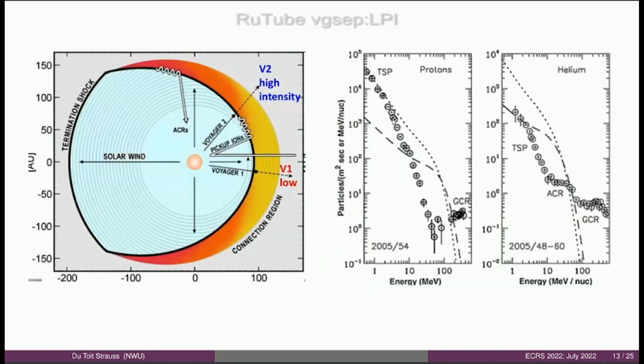So that's the paradigm before Voyager crossed the termination shock. When the Voyager spacecraft crossed the termination shock back in 2005-ish, it didn't go exactly as expected. There's observations from the Voyager crossing of the shock. Again, you see the galactic cosmic ray component at the higher energies. At the very low energies, you see particles locally accelerated at the termination shock. They were called at that point termination shock particles.